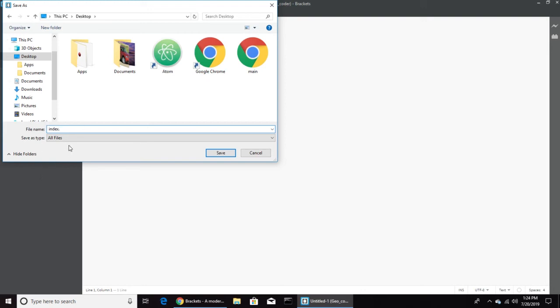Notice that after index, the file name, I type in .html. This .html is the extension of the file. This shows the computer that this file is an HTML one, so please access it as a web development file and send it to the browser, any default browser. My default browser at the time is Google Chrome, so this means that it will be run by Google Chrome. So I will name it index.html and save it.